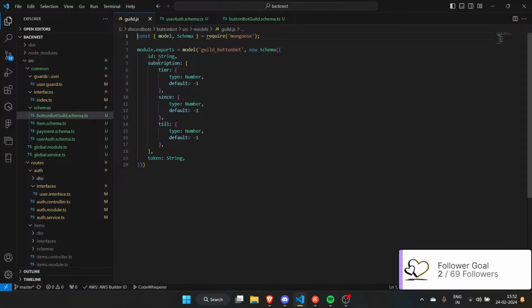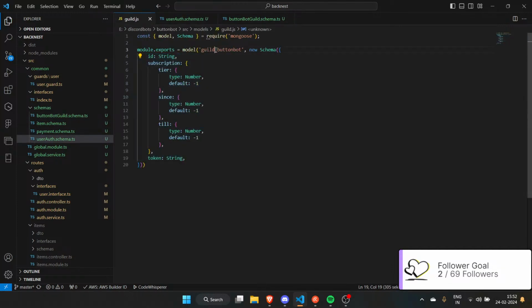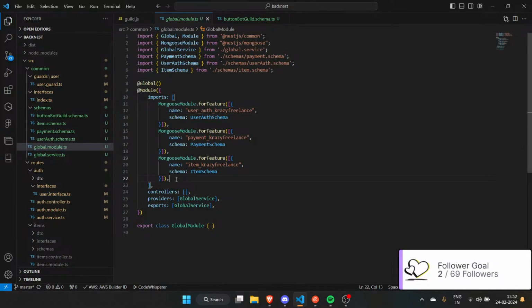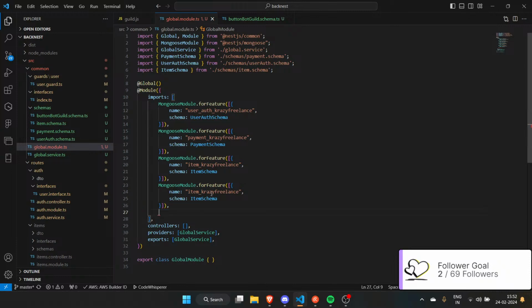Oh yeah, I need to actually copy the schema. Copy the damn schema. Copy that, paste that. Need to copy the model ID as well. Let's go to our module, paste that, copy paste, control X, guild, button guild.